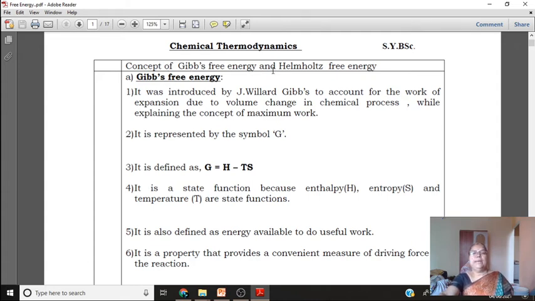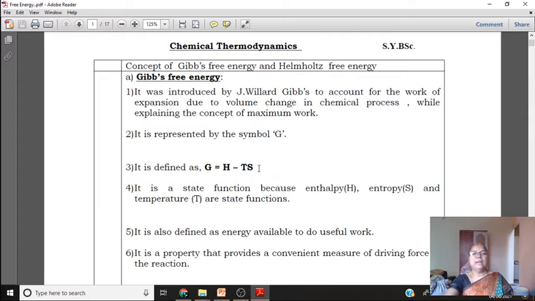the concept of Gibbs free energy and Helmholtz free energy. This Gibbs free energy function was introduced by the scientist J. Willard Gibbs to account for the work of expansion due to volume change in a chemical process, while explaining the concept of maximum work. It is represented by symbol G, and mathematically it is expressed as G equal to